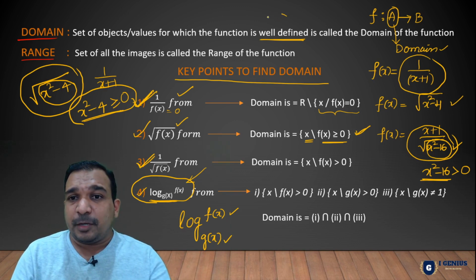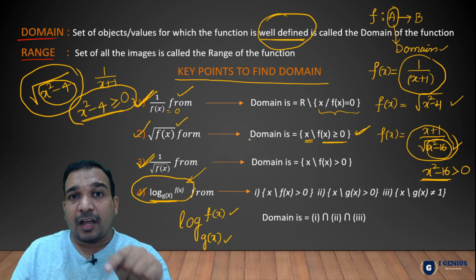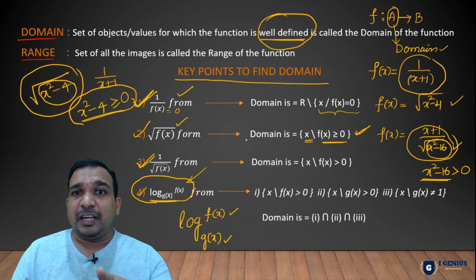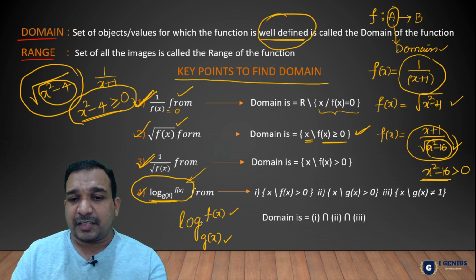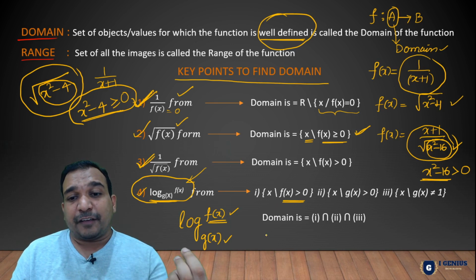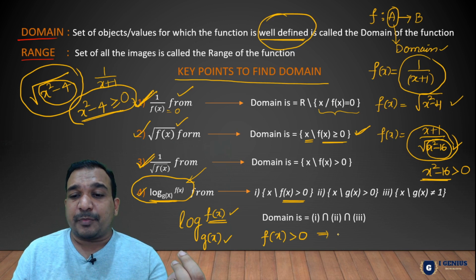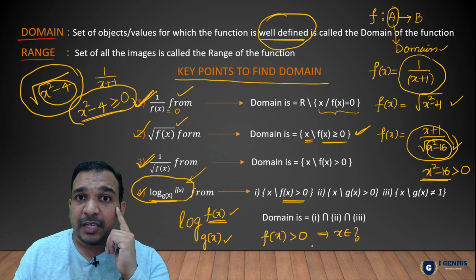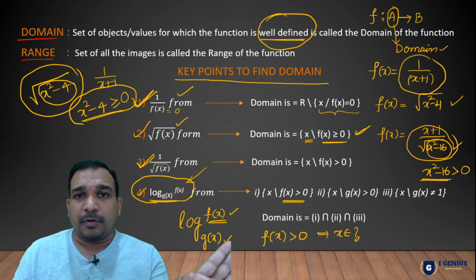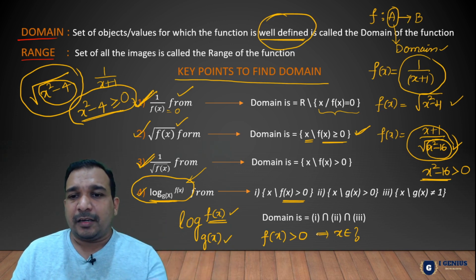So when will the logarithm function be well defined? It is well defined by three conditions. The first condition: this f of x must be greater than 0. So we will first take f of x greater than 0, and from here we will get some x values. Sir, how to get x values here? That I will teach you when I solve the problems. Let me solve the problems later, but first let me tell you the properties such that the logarithm function is well defined. So the logarithm function is well defined if this variable place is greater than 0, then I will get some x values.